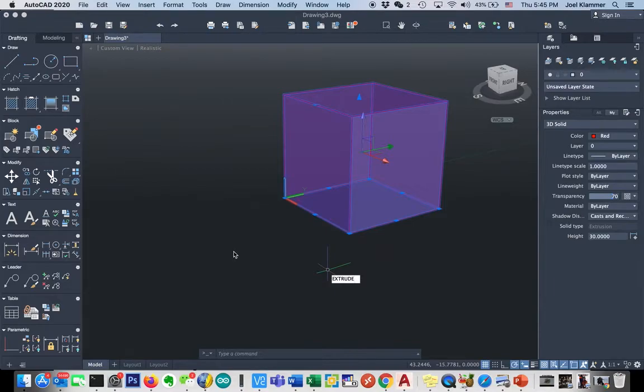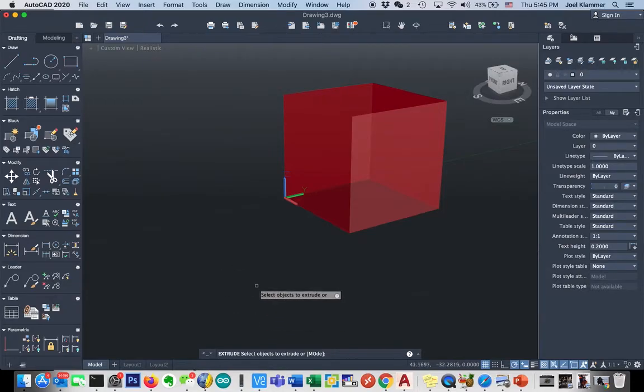This is going to be a new one for me. What if I just press enter for extrude? All right, that worked. And then I'll just go extrude nothing. Oh, maybe it won't let me extrude nothing. There we go. Phew. All right. Now,